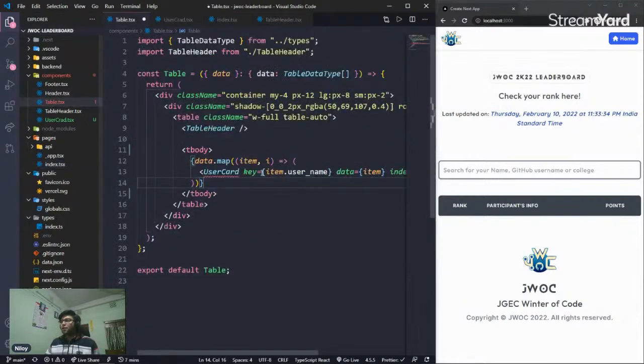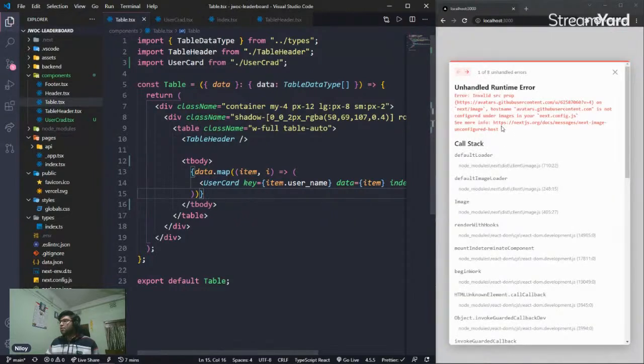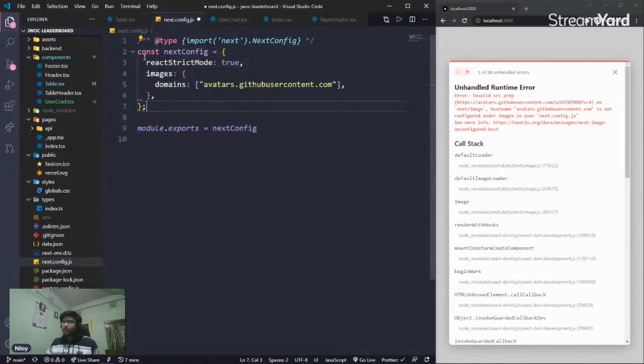Our table is having some issues. Cannot find name. Okay, we need to configure our next config, and we need to add a few things. So inside our Next.js configuration, what we need to do is tell